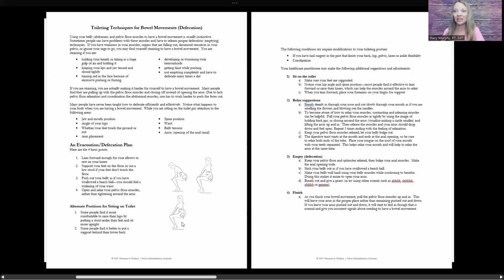Oh, I remembered the thing about relaxation suggestions. The diaphragm is a huge part of the pelvic floor or intra-abdominal pressure. A diaphragm and your lungs are at the top. You have your abdominals in the front. You have your spine in the back. You have your pelvic floor muscles at the bottom. If you're having a hard time relaxing, you could release your diaphragm at this moment now too, in addition to throughout the day. Releasing your diaphragm is taking your fingers, kind of tucking